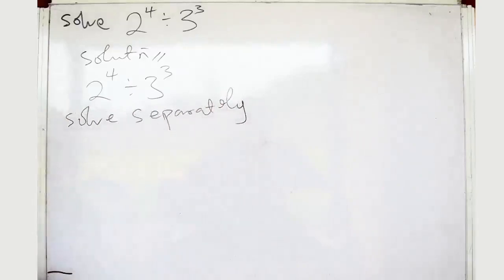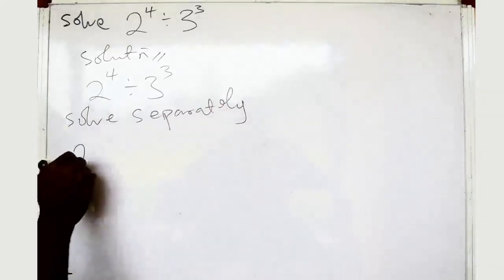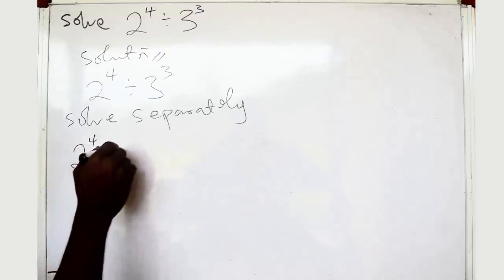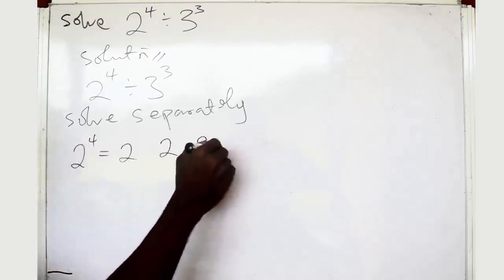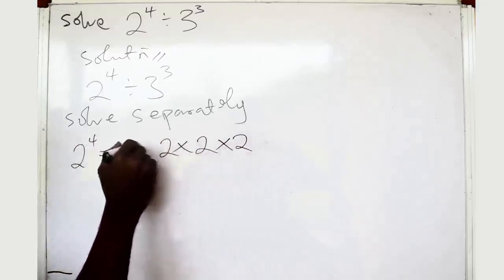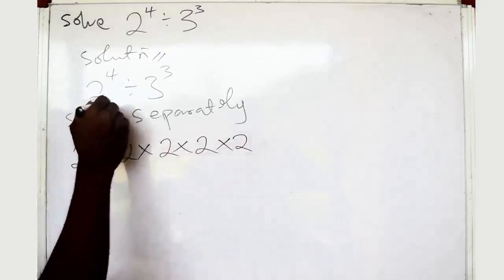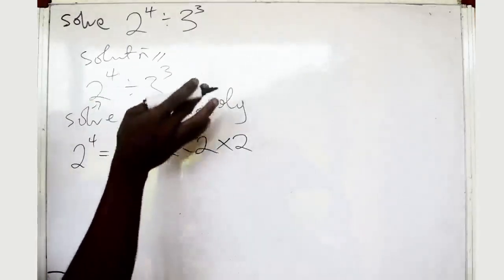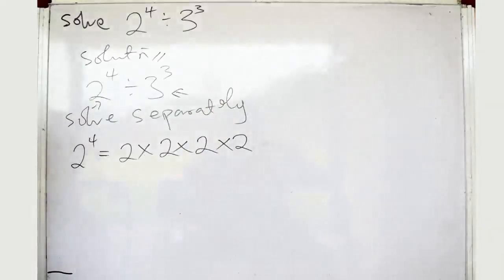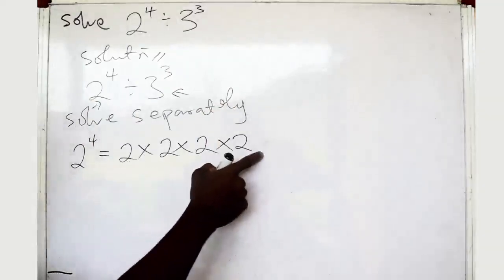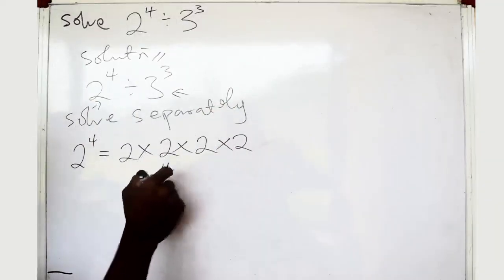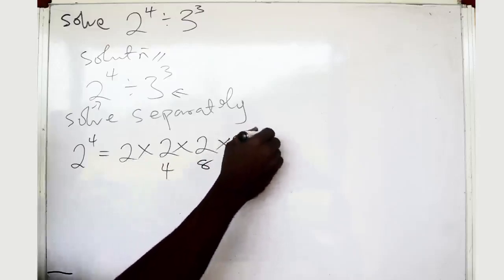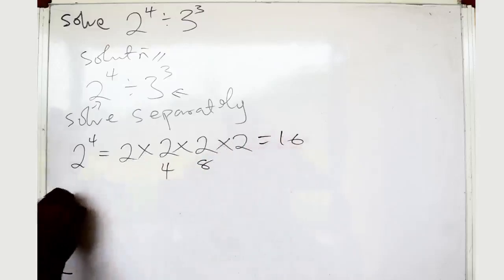When we solve separately, we're going to solve 2 raised to the power of 4. We are solving separately because 2 and 3 are not the same. If they are the same, we have to keep one base, then subtract the power, but the bases are not the same. So we are going to get this times this times this times this, which is 4, 8, this times this is 16. And also